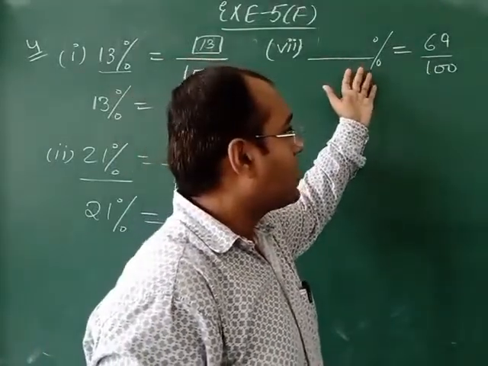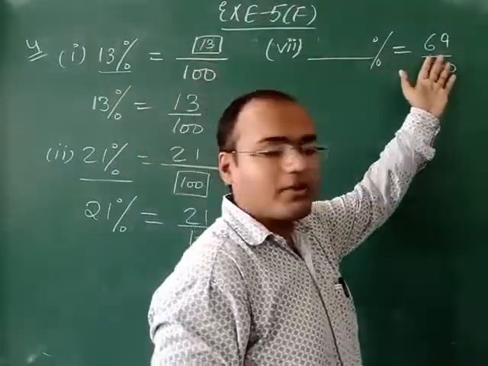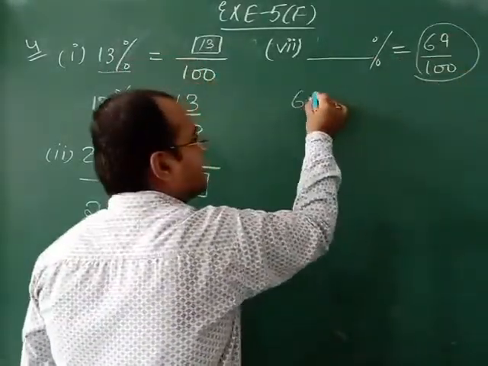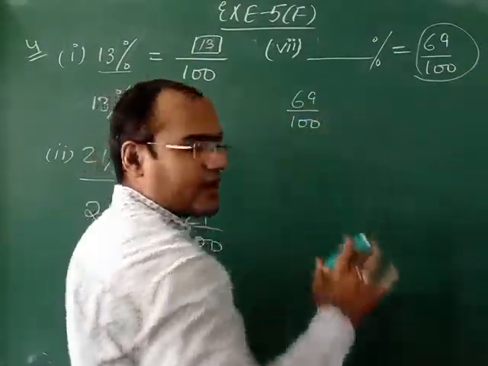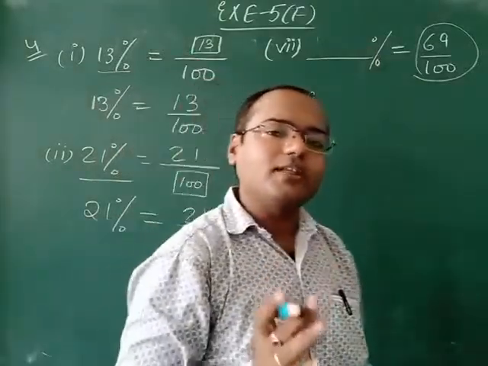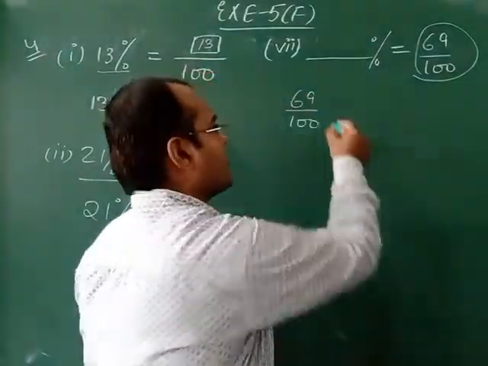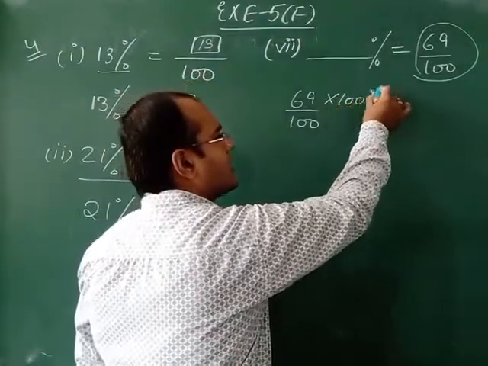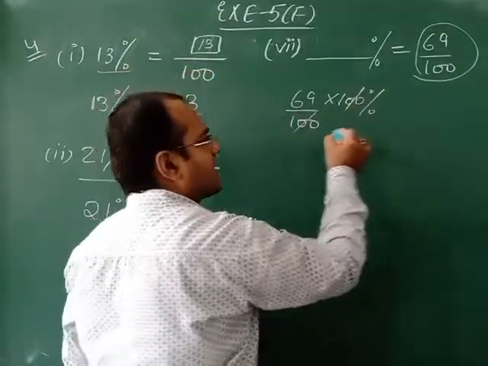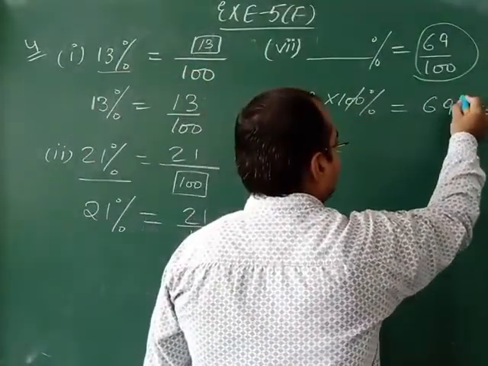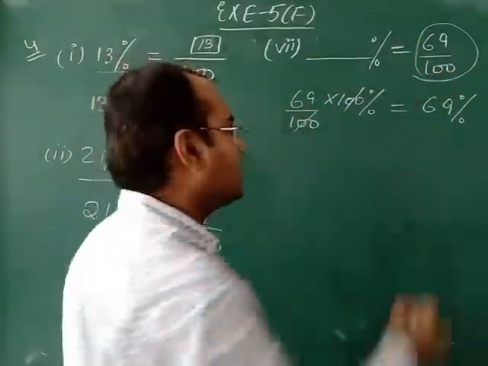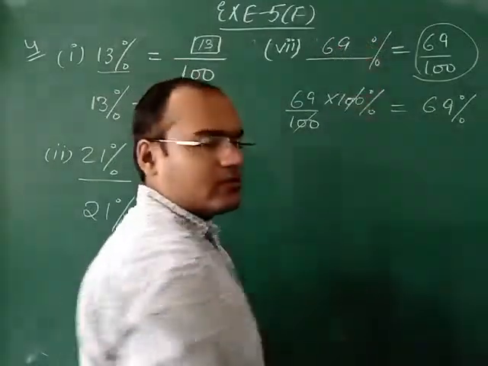So in order to change this into percentage, what do you have to do? First you will take the right hand side. This is the right hand side. First of all we will write RHS. In what form do you have to bring the answer? You have to bring it in percent. In order to bring the answer into percentage, we have to multiply by 100 and then put the percent sign. Now this 100 and this 100 will get cancelled. So the answer will be 69%. So we have solved this and the answer is 69%. So here we have to write 69%.